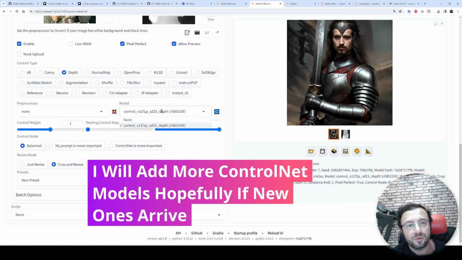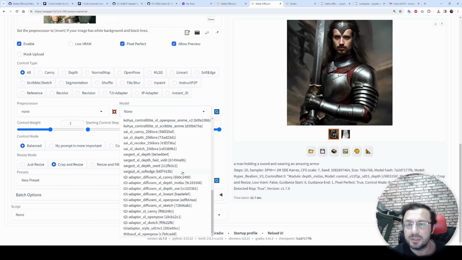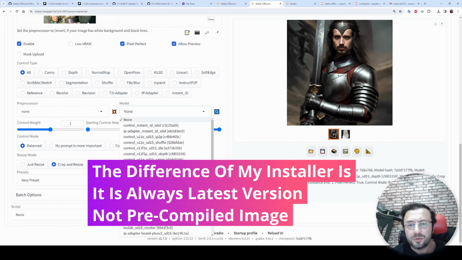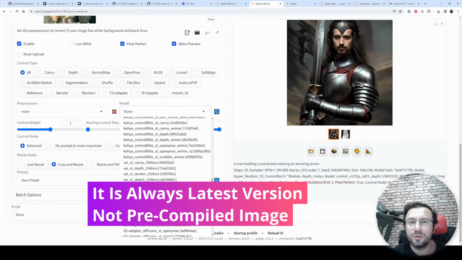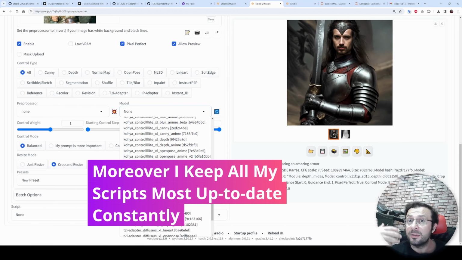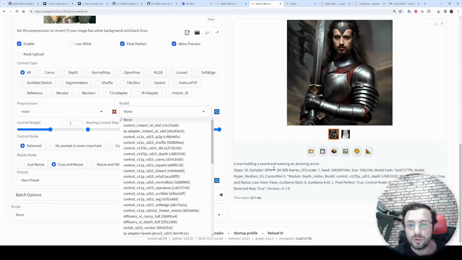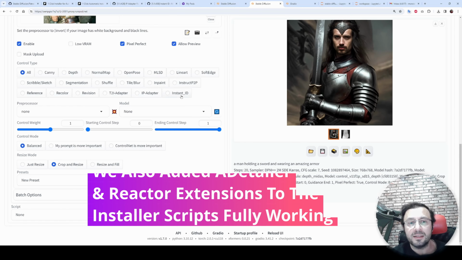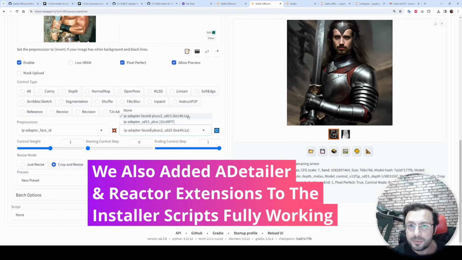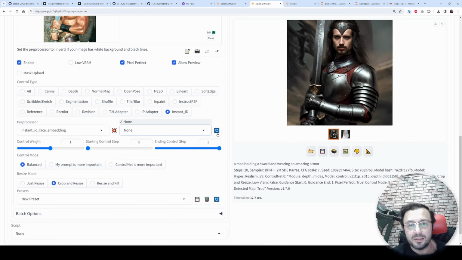Let me show you them. So when I select none here, let's say all, and let's refresh, all of the models of ControlNet are automatically downloaded. Everything will be one click for you. So by following this tutorial, you will be able to use the latest Automatic1111 Web UI on RunPod or any Linux system, any cloud service that supports Linux, with the convenience of downloading all of the ControlNets automatically, including even the Instant ID and IP adapter. It will also install the necessary libraries for them to work, for Instant ID. You will be able to use Instant ID as well.